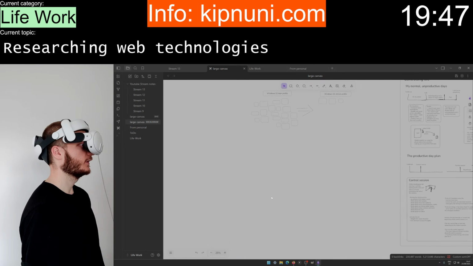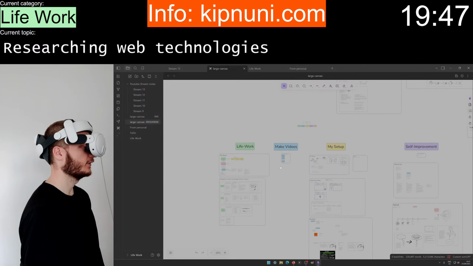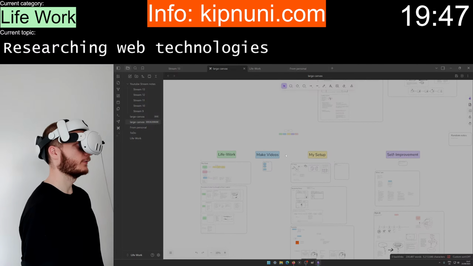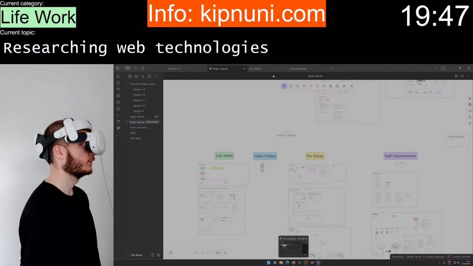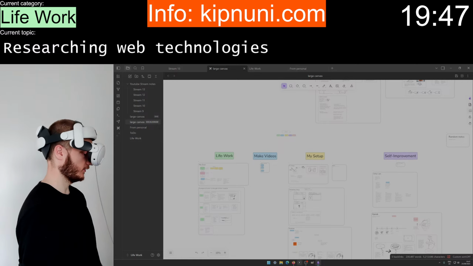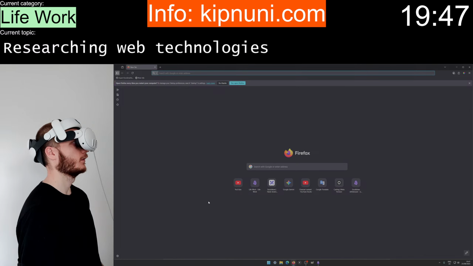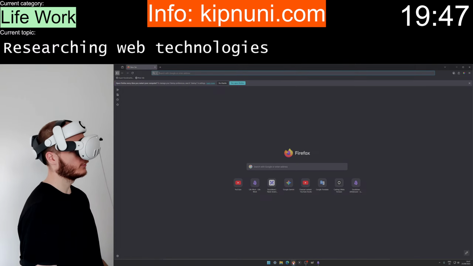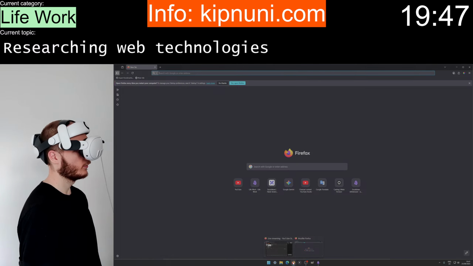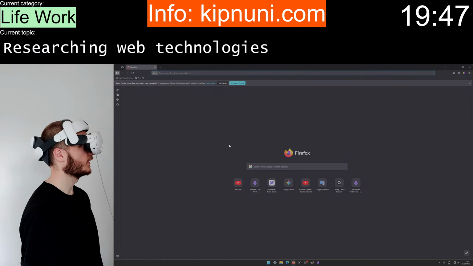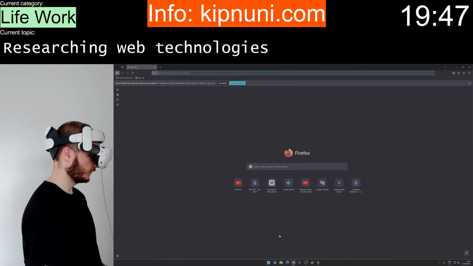The goal is to figure out what technologies I should use when I'm building my proper website. Right now, let's create a new Firefox instance. Actually, I should make multiple different Firefox profiles. I can do it pretty quickly, I think.